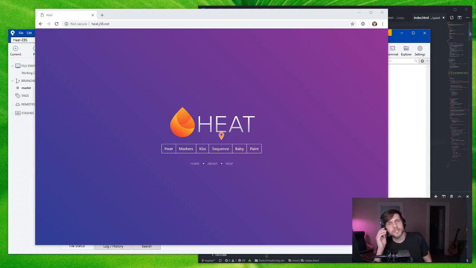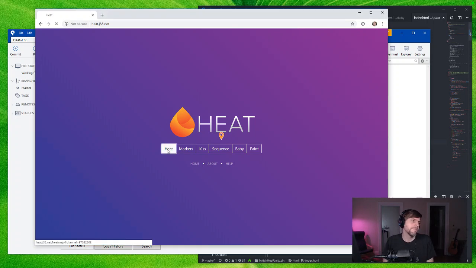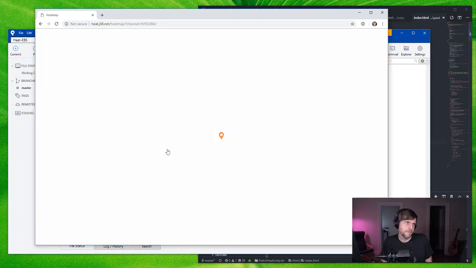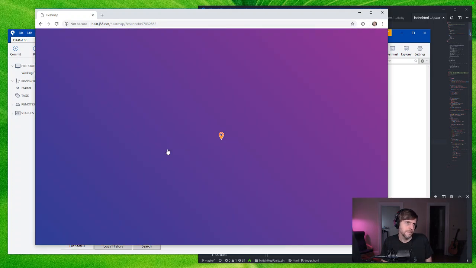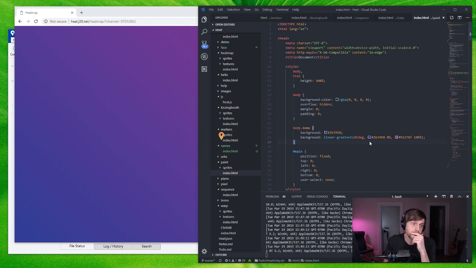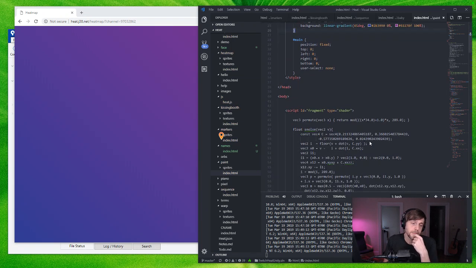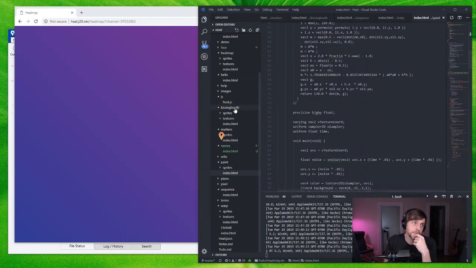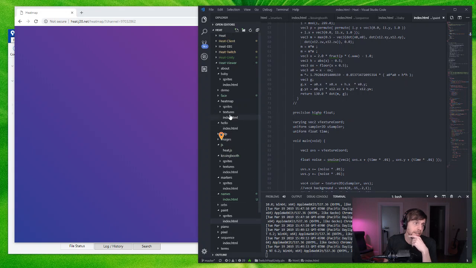Yeah. So the issue is momentarily Pixie is rendering black, and